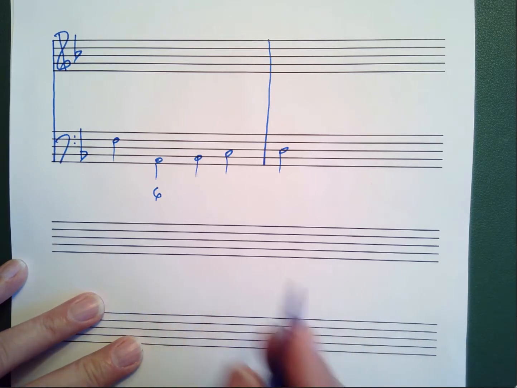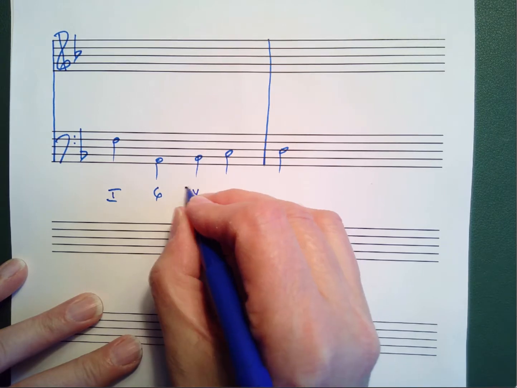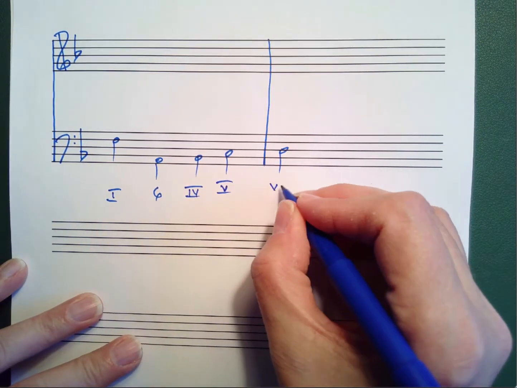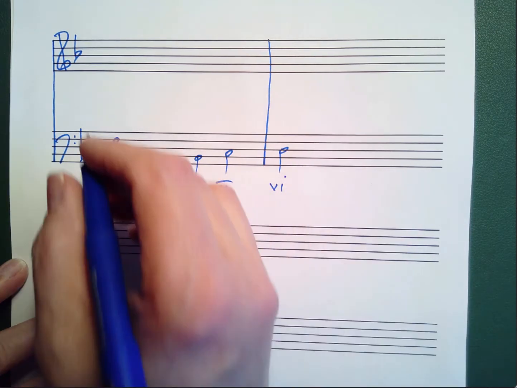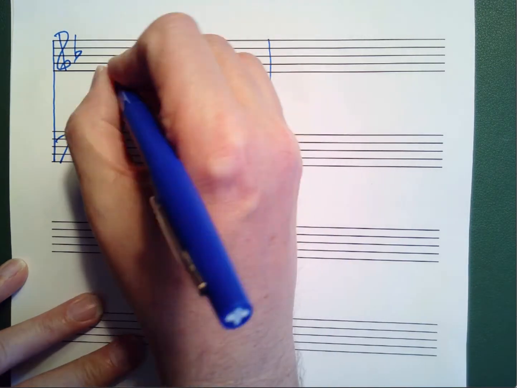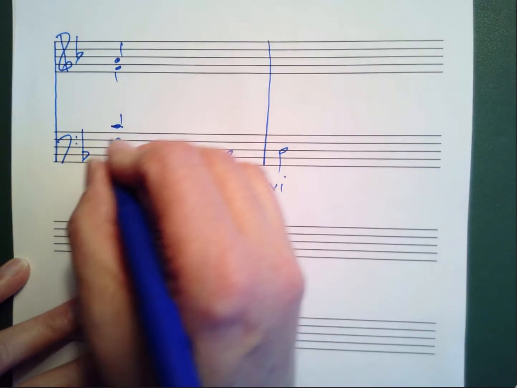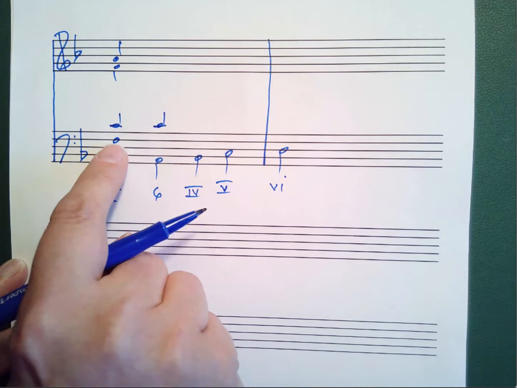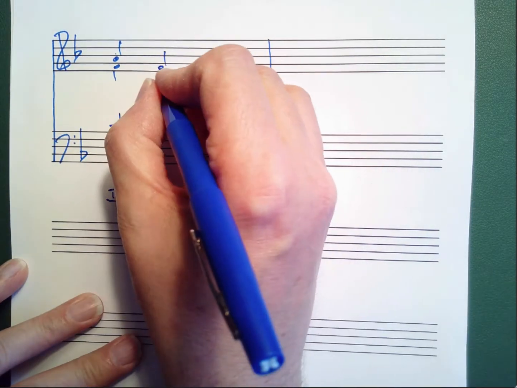Okay, so to part write this is fairly simple. This is 1 to 1, 6, 4, 5, 6. So it has all of these stepwise motions in the bass. I'm going to get 4 voices here, 2 roots, a third, and a fifth. When this goes from F to A, I'm going to have this voice go from A to F to give